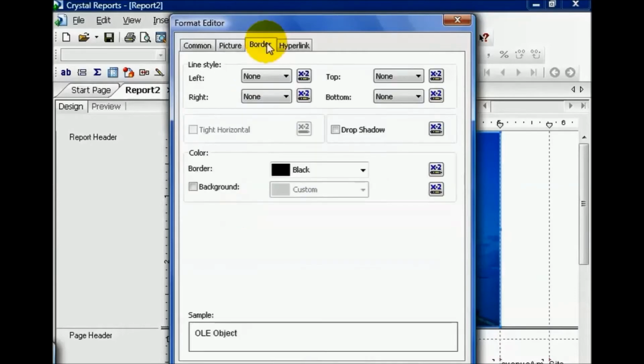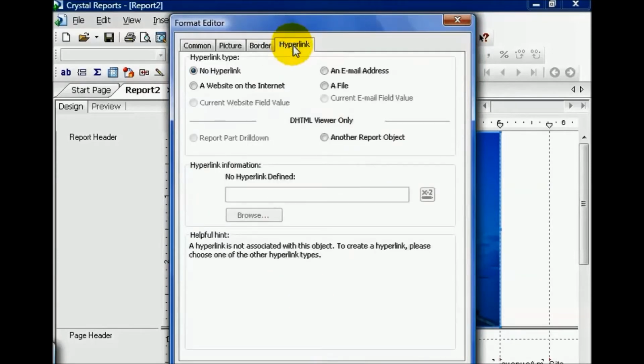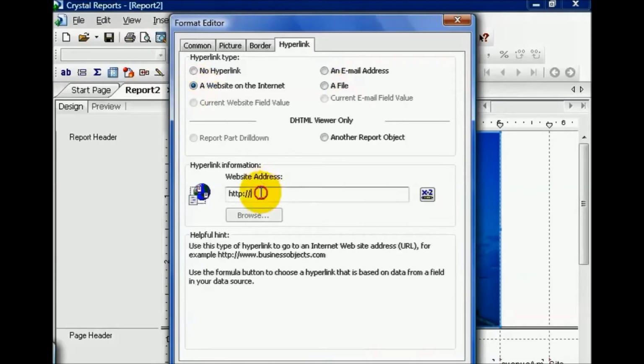You can also add borders to your picture, so I can say, well, I need a single line around the entire picture. I can also have a drop shadow, among other things. Background really doesn't make a whole bunch of sense in so much as it is simply a picture. I can also hyperlink it, which means that I can attach an email address or a website on the internet, so when people put their mouse cursor over it and click on it, it'll take them directly to that site. A lot of people use this with their company logos. For example, I'll choose